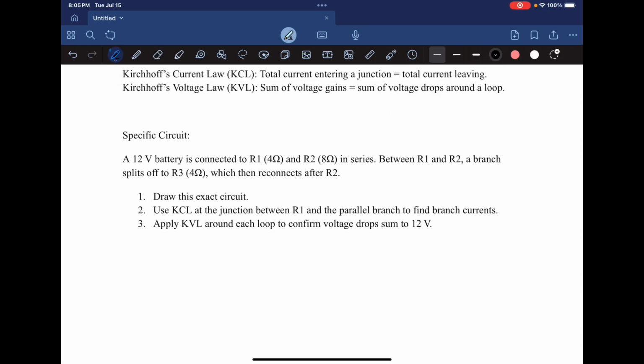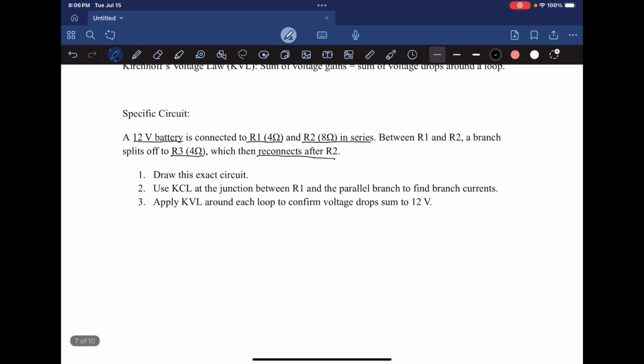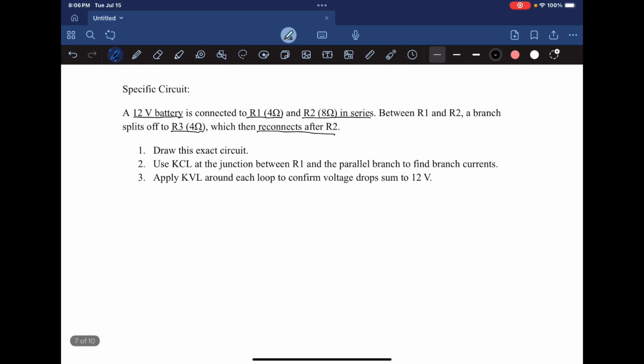So to start out, we have a 12-volt battery connected to R1 and R2 in series. Between R1 and R2, a branch splits off to R3, which then reconnects after R2. The first thing it asks is to draw this exact circuit, and I would suggest doing that for any circuit that you deal with. So we have a 12-volt battery here,